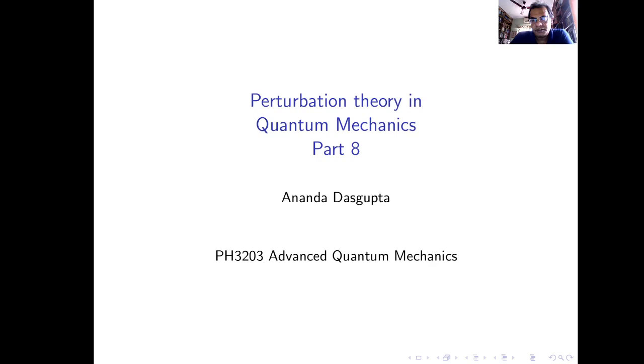In the last few lectures, we have been talking about perturbation theory in quantum mechanics, in particular, time-dependent perturbation theory in quantum mechanics. In the last lecture, we covered the case where we had a perturbation which was sinusoidal, which started at a particular time t equal to 0 and went on forever. We considered the situation where some initial state transited into a discrete final state